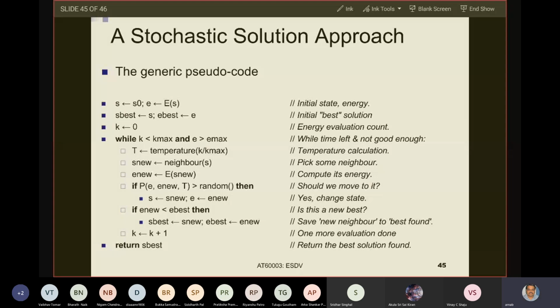Now here, take energy as the software cost, which we want to minimize. Why is it called energy? Because in the annealing process, you want to minimize the energy of the crystals and bring it down to a low energy state where the crystals make nice shapes, big shapes. You want to have big crystals from small crystals in the annealing process. So it is reduction of energy here, and that is the objective of the annealing process.